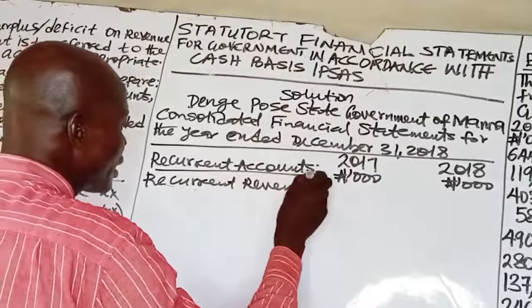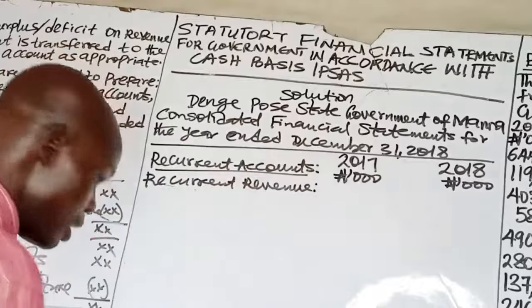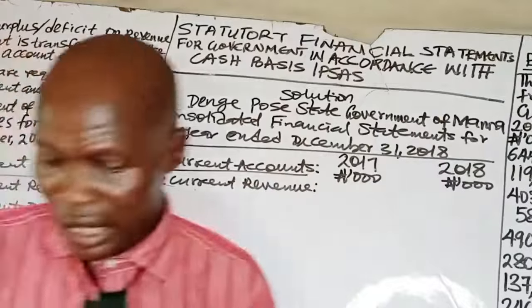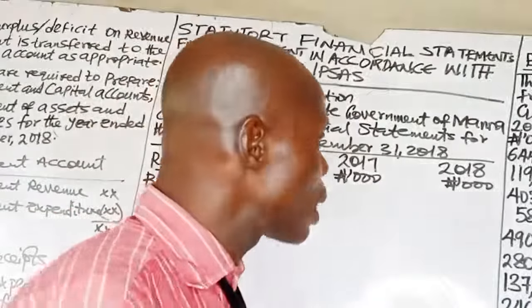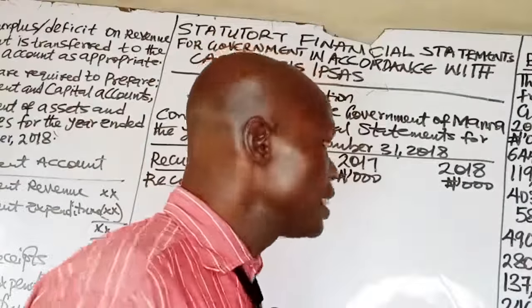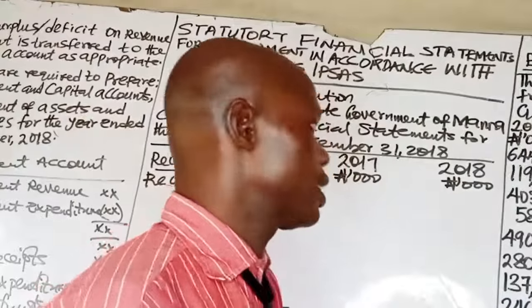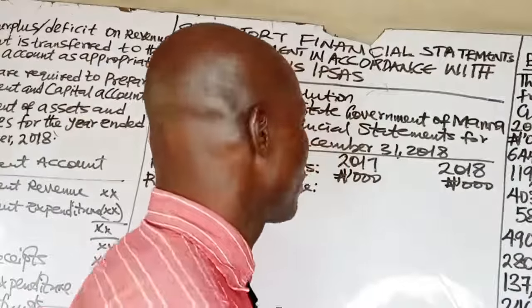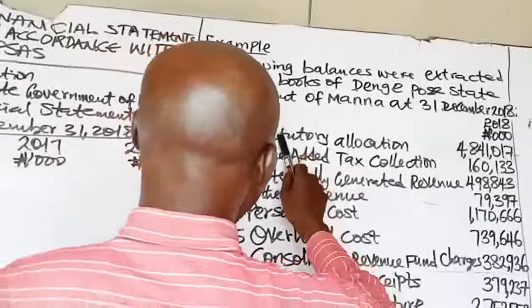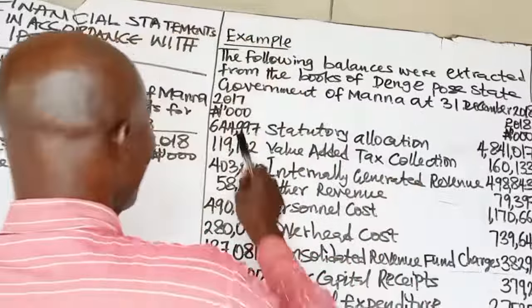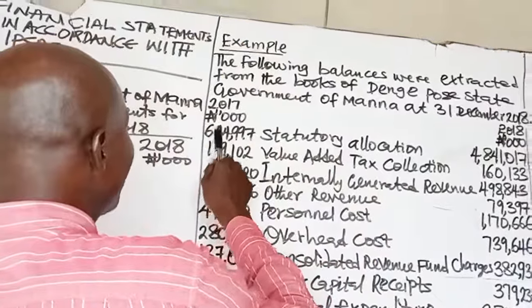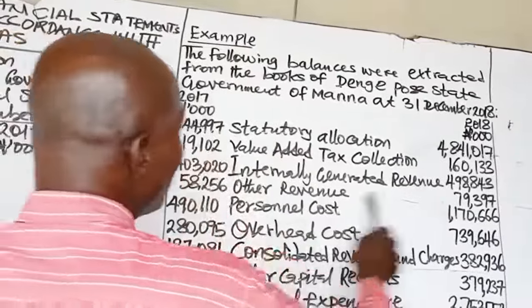Remember, I've told you that recurrent revenue are the revenue generated by the public sector entity from their day-to-day activities. Now, to go back to the question, recurrent revenue include statutory allocation 2017, 644,997 and 2018